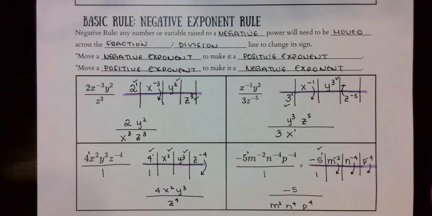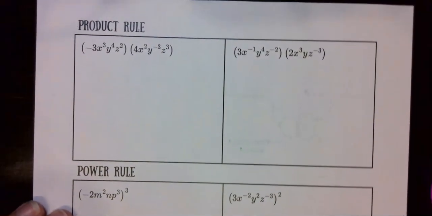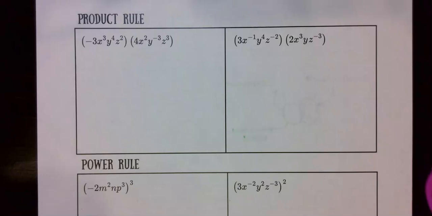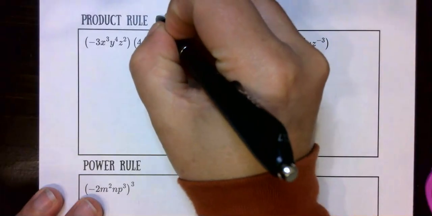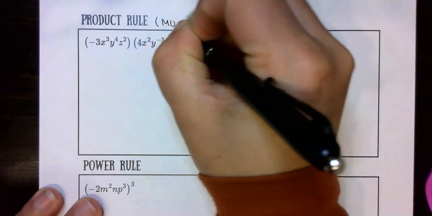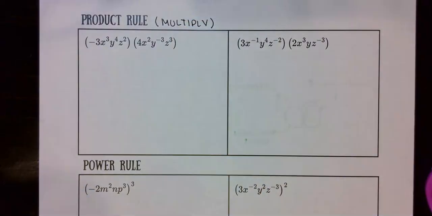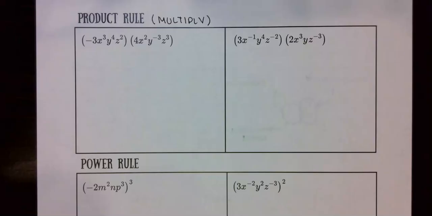Now the video for today, we're going to talk about the product rule. When we're simplifying expressions, the product rule is basically telling us that we're multiplying numbers, but we're also multiplying variables with different exponents. So the first thing I want you to do is, on your paper, let's go ahead and say multiply. So this is a multiplication problem. Now they don't always look like this. Sometimes they have a little dot to represent multiplication, but most of the time we see parentheses for multiplication in